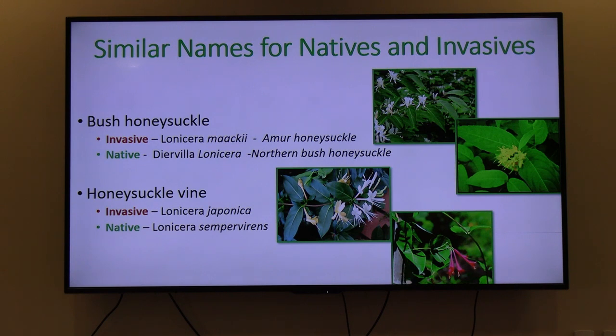Honeysuckle, we have the Lonicera maackii, or amur honeysuckle, that covers our woodlands here in East Tennessee, along with privet. We do have a native one, the yellow flower over on the side. Diervilla lonicera is a native bush honeysuckle. It's not a very showy flower, but